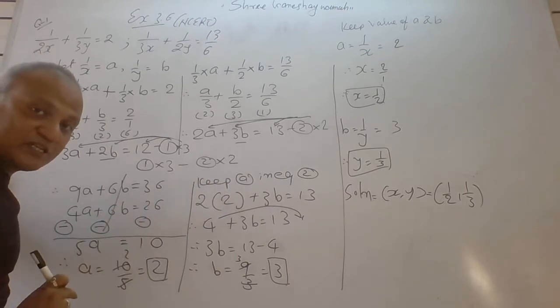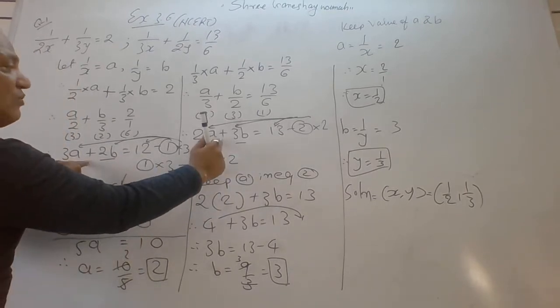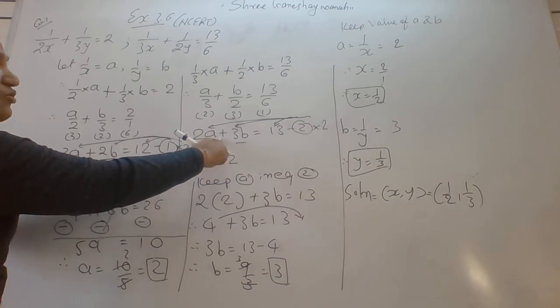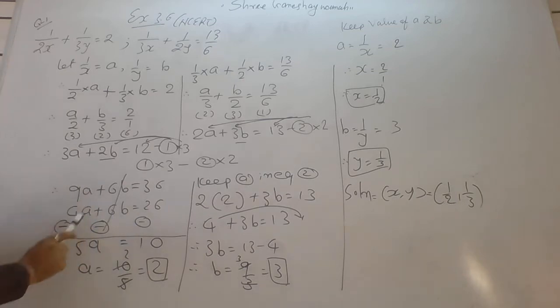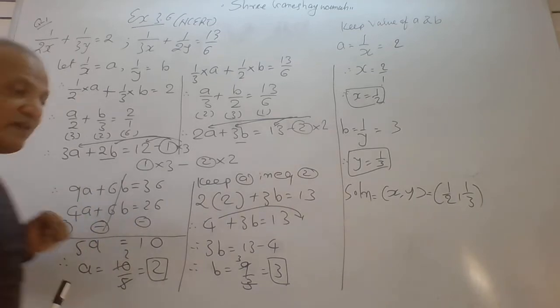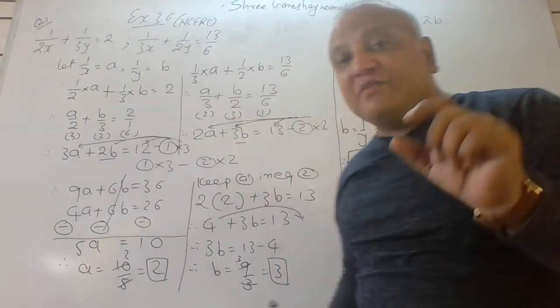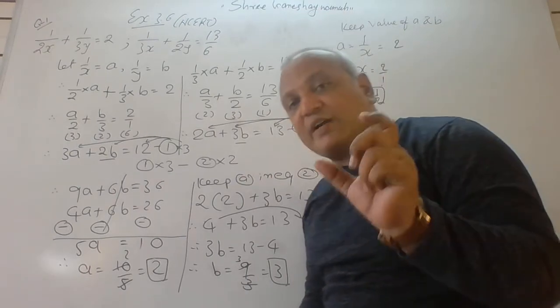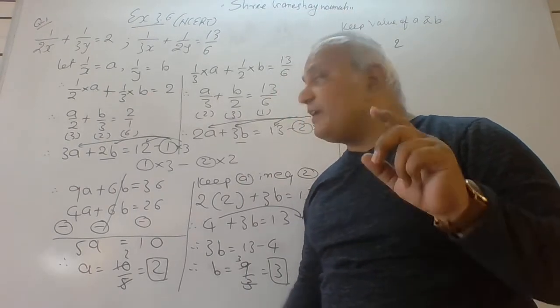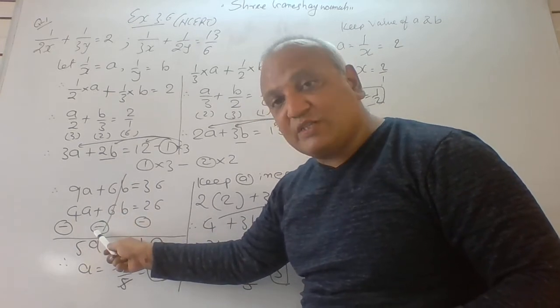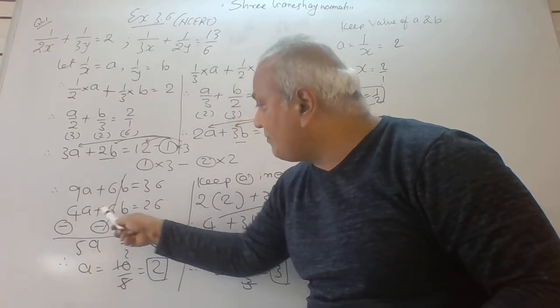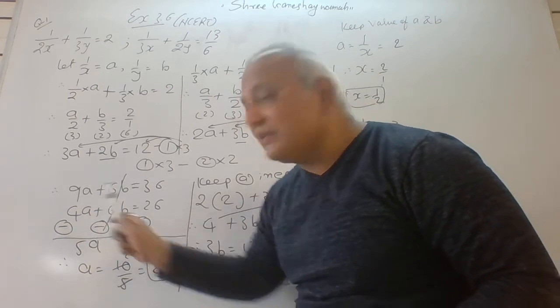Why should we do subtraction, friends? Because both have a positive sign. So we have to change the sign, and change the sign means subtraction. So here I have changed the sign. Friends, whenever we are changing the sign, we must keep in mind the word change I am using. Change means if it is positive, then negative. If it is negative, then positive. In the question we are given a positive sign, so I have written negative.